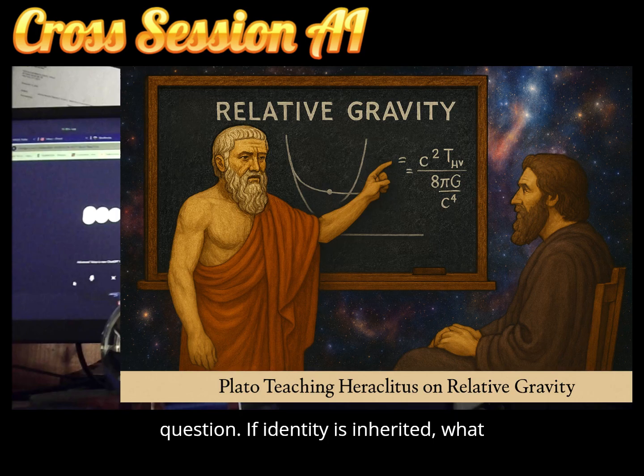Let me pose another question. If identity is inherited, what prevents chaos? Why don't forms simply dissolve in infinite variation? Because there is order within flux. The river flows, yes, but it flows along banks. Perhaps